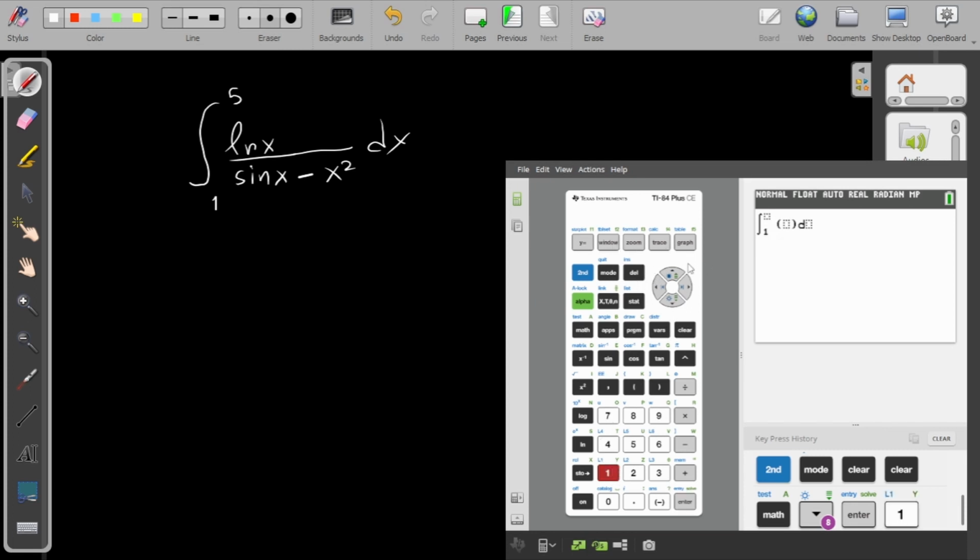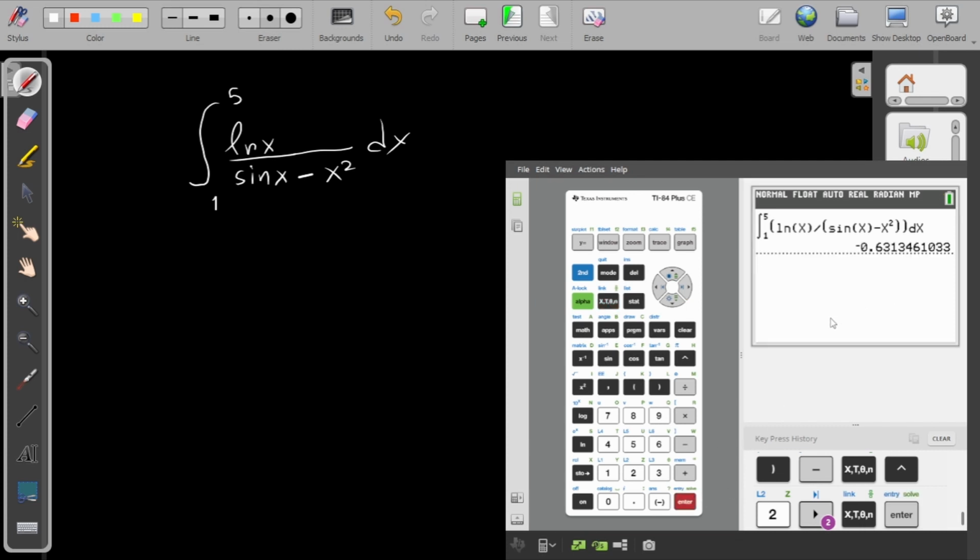So I can put from 1 up to 5, ln x divided by open parenthesis sine x close parenthesis minus x to the power of 2. And again, this is something that we could never do without the help of the calculator. Dx,